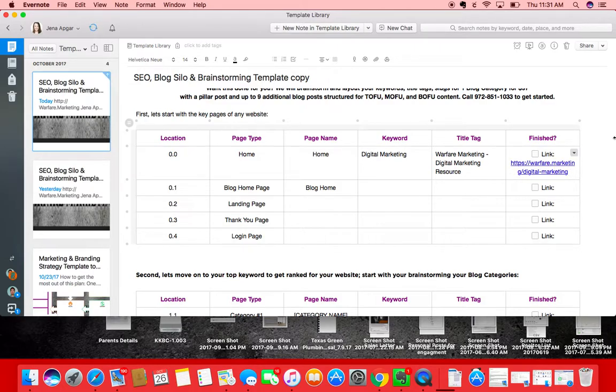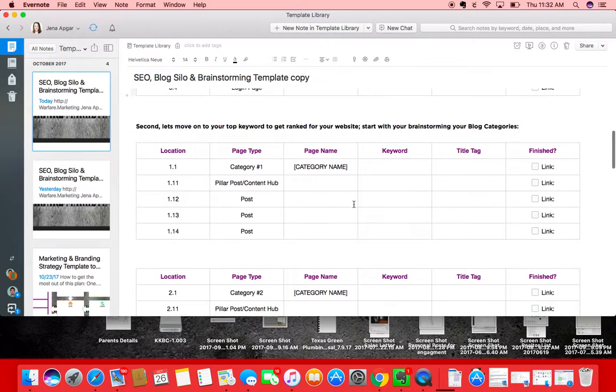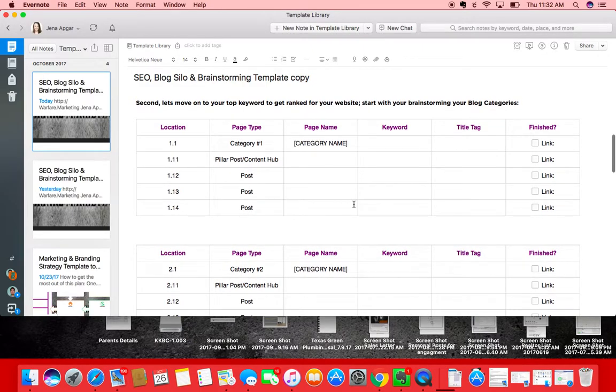https://warfare.marketing/digital/marketing. And then it'll automatically create a link for you that you can just click, and when I'm completely done building that page, I'll click that I'm finished with it, and that's just to help me keep track of where I'm at. So what you'll understand more closely to what Russ does is down here,